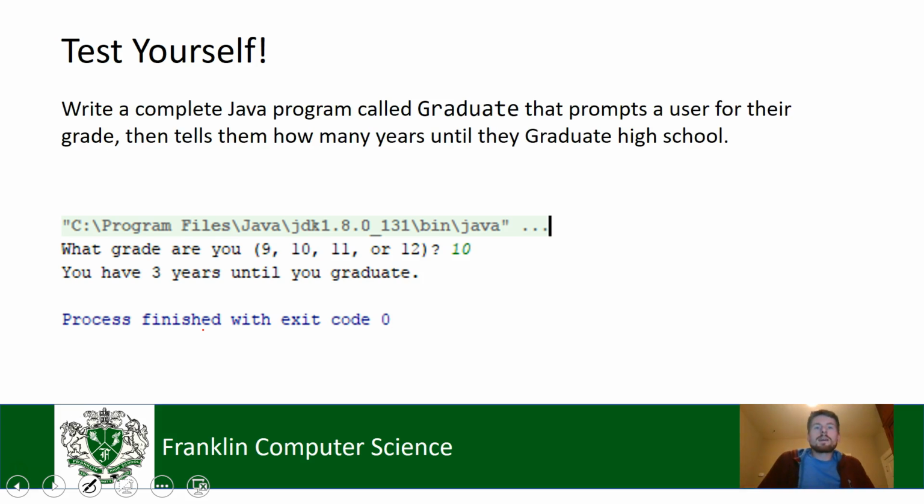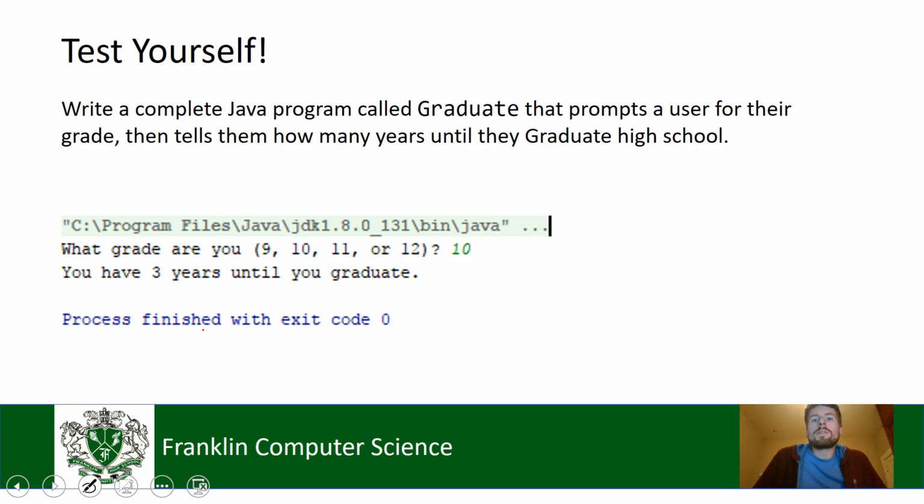I want you to write a complete Java program that's called Graduate. I'm just giving you a name. You can call it whatever you want. Maybe you call this lesson, what are we in, lesson 6 or lesson 7? I guess it's lesson 6. That prompts a user for their grade and then tells them how many years they have until they graduate high